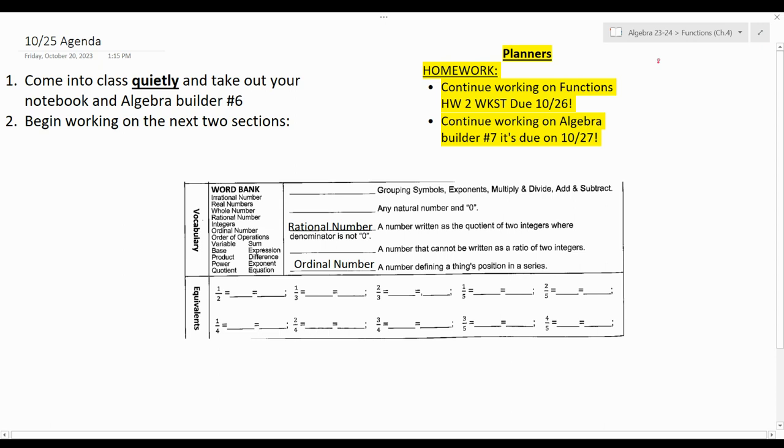Now, I gave you two of the vocabulary words for the section here, for the vocab section right there. So please make sure that you automatically fill in the rational number and the ordinal number. And you do need to figure out the remaining three. And then you have to work on the equivalence. And remember, that is a decimal